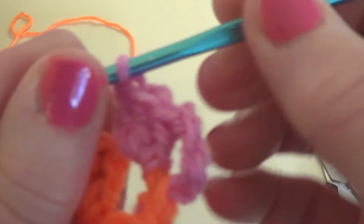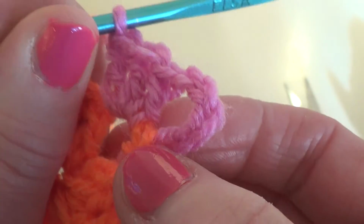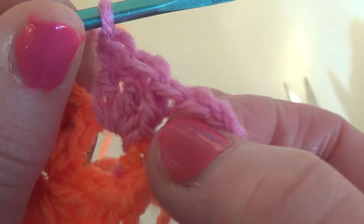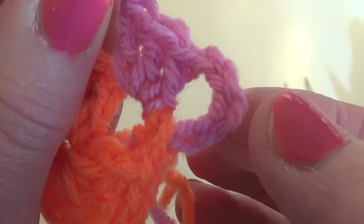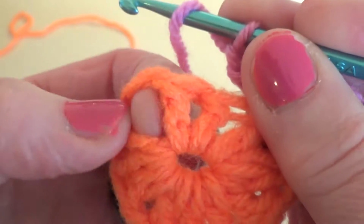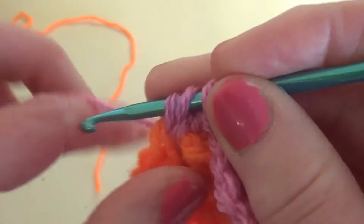What we do is that we make our corner, but we make the one part of the corner, the one petal. The other part is half made. I mean, we have 5 chains. The 2 chains up here are the chains which shape this space here, and the initial chain 3 is equal with a double crochet. So to go to the other corner, we chain 1, and we are going to make 2 petals here divided by chain 2 in order to form a corner. 1, 2,